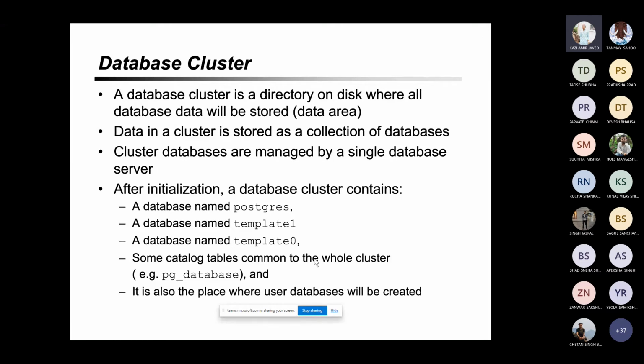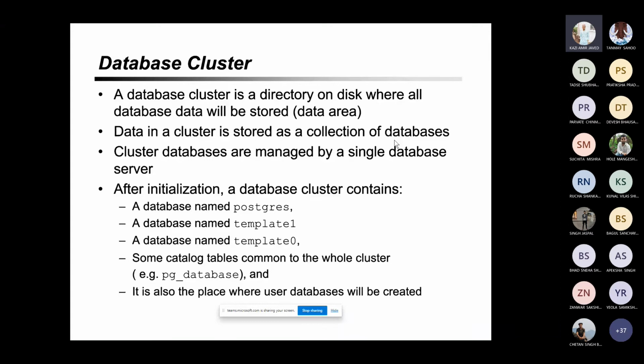Data in a cluster is stored as a collection of databases. A cluster is managed by a single database server. Again, it is a repetition, but it should be told a number of times.